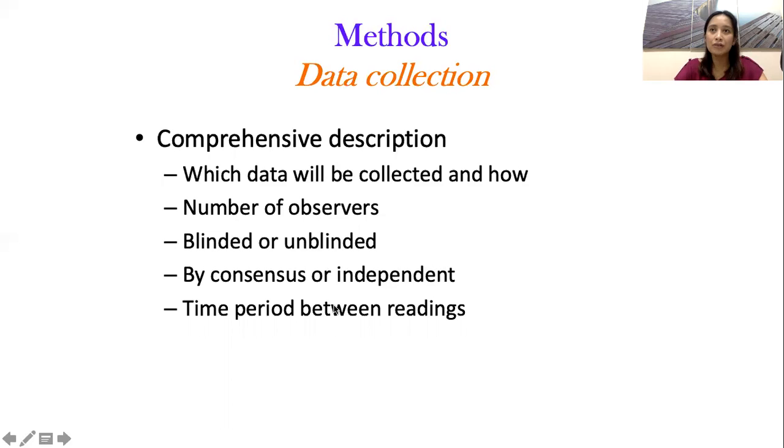For example, you're collecting data about radiographic findings. So let's say you're going to employ two radiologists to read your chest x-rays independently, and if there is a discrepancy between the two, either an independent one will break the tie or they will talk together and agree by consensus. So both of them are correct, but you have to explicitly say it at the beginning of your study.